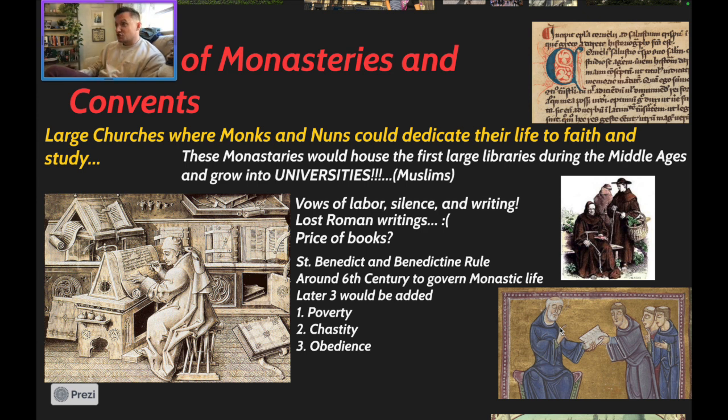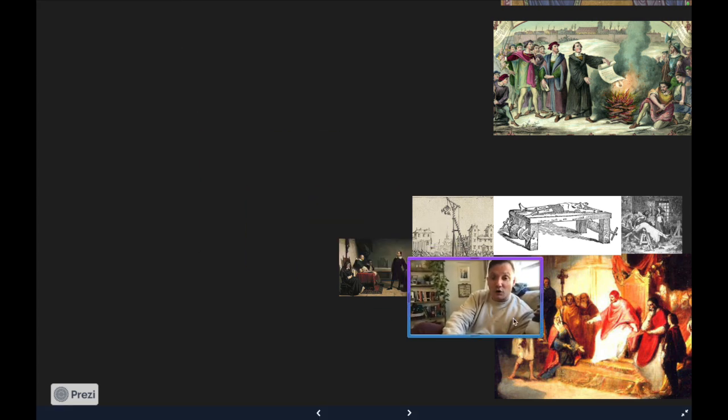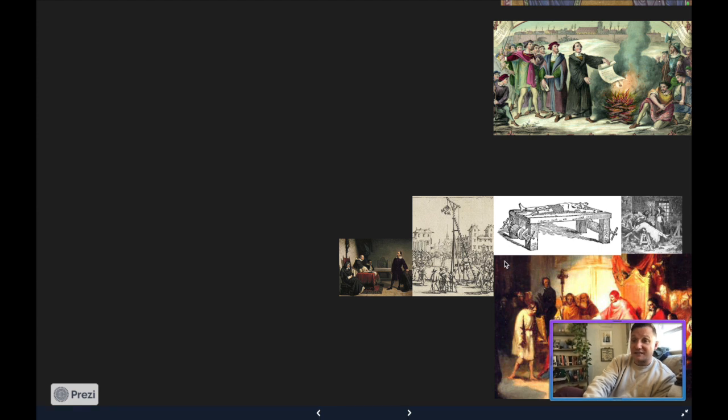And then also vows of chastity, where we're going to see a lot of priests who have to make sure that they are staying chaste, staying unwed, and focusing on the words of God. This gets violated as well when, particularly, Pope Julius II dies from syphilis. And then also there are vows of obedience to the church leaders, right? So it creates a very, very intense political structure. But these monasteries and convents are still really important because they're centers of learning, growth, and expansion during the Middle Ages in this area, right?